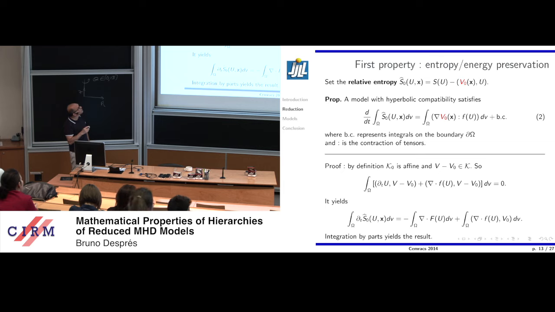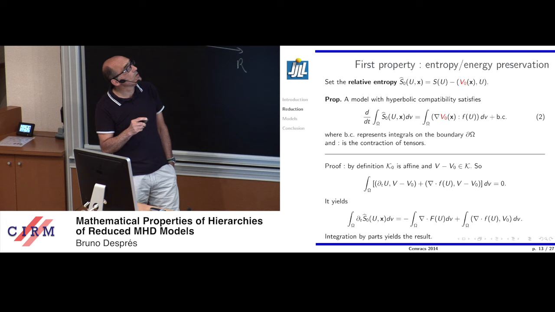This is the new closure relation. This is convex and this is linear, so this is still a strictly convex functional. That's okay, this is a good closure relation for that. And here you get the gradient of V naught, but V naught is given. It's not a dangerous thing.